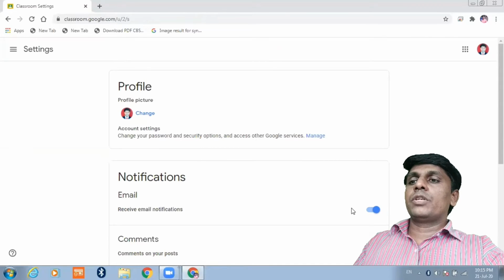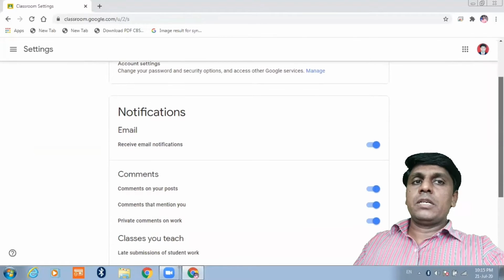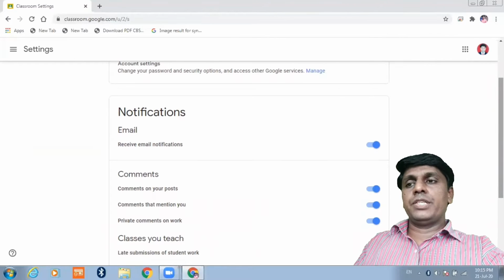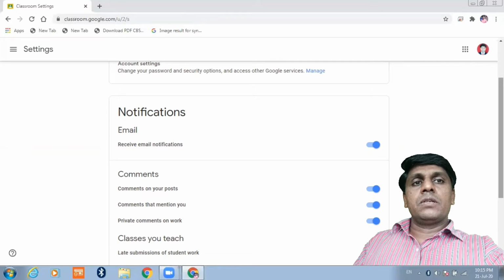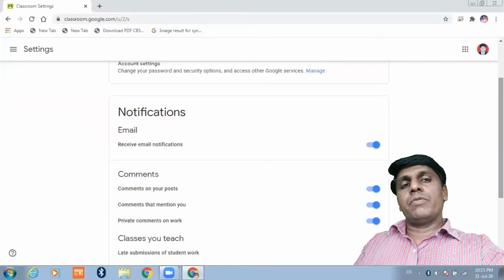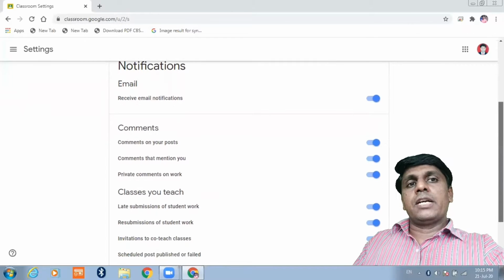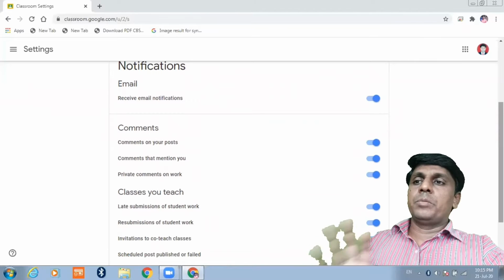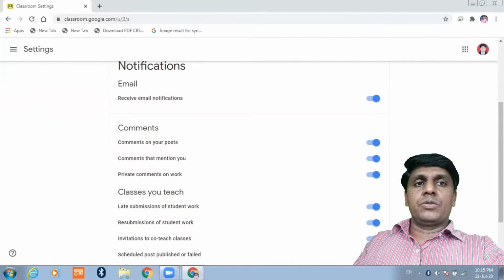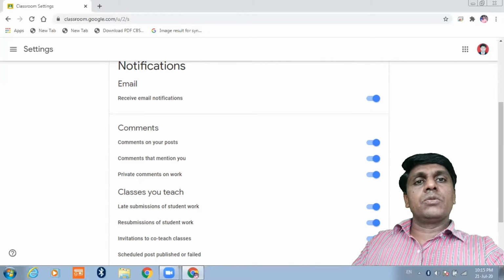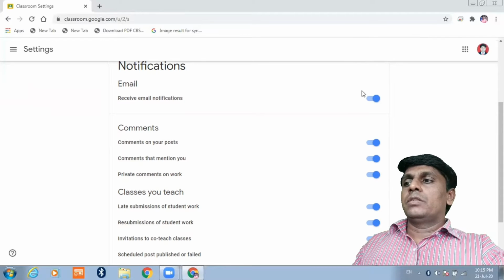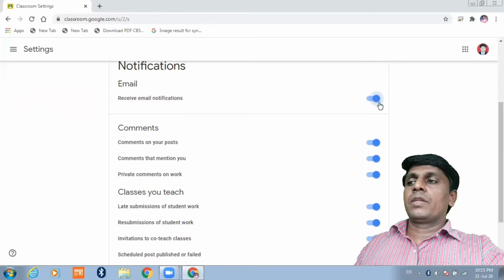After that is notification by email. What is this notification of email? You have to click on this button, means you have to turn this button on. The use of it is whenever whatever be the activity you do in Google Classroom, it is communicated to the students and co-teacher by mail. For example, if I comment on the Google Classroom or if I upload material on the Google Classroom, immediately the notification will be sent by mail. So you have to keep this on, that is email notification.